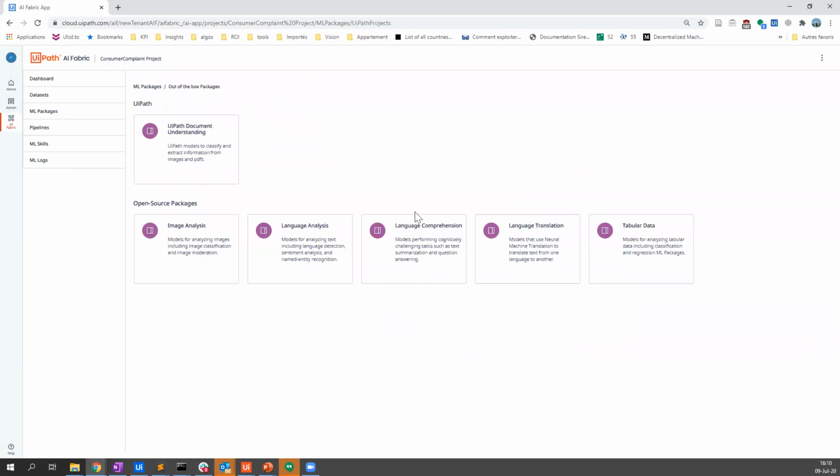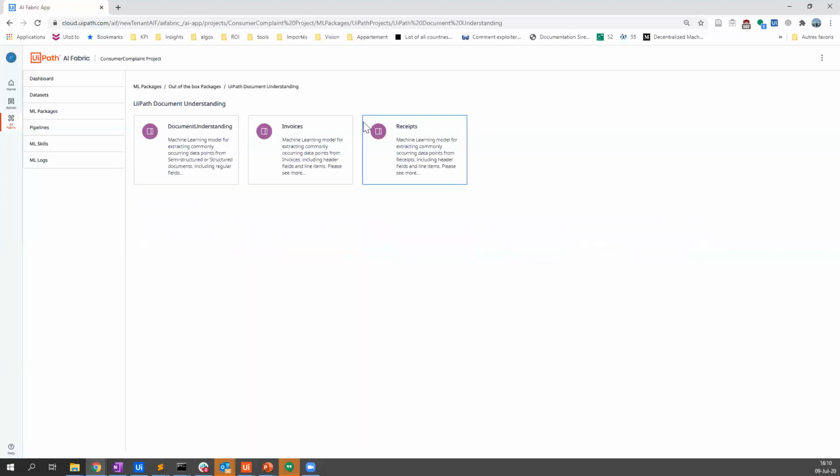So if I go into this, I will actually see two sections. The first one is UiPath. Here we will provide all the models that we built for you, and that are proprietary to UiPath. For example, for document understanding, we have a bunch of models here and more to come.